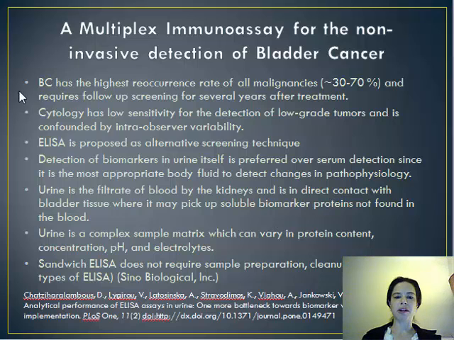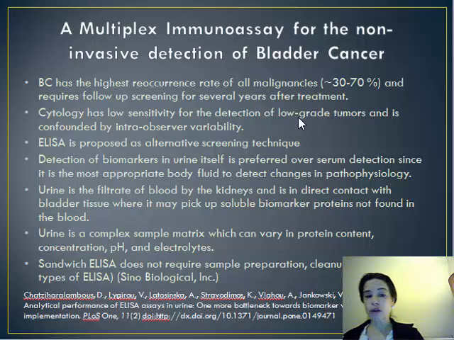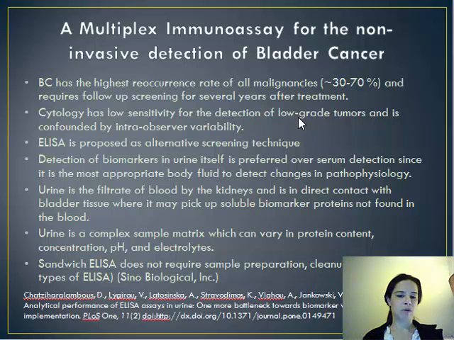What's been used in the past has been cytology, which is really an invasive technique, and also it has a lot of variability between different observers. So ELISA would be a great alternate technique to be used, and what would be ideal would be to find and identify biomarkers that would be useful for screening, and then urine would be a better